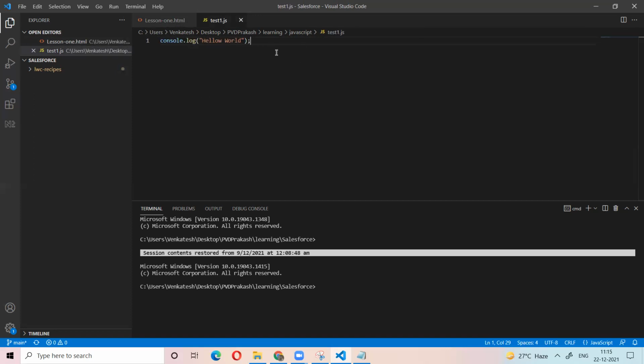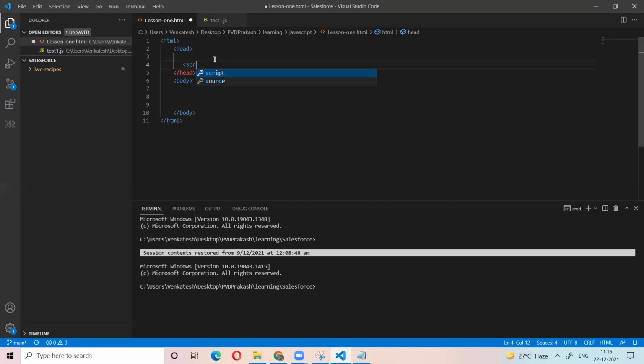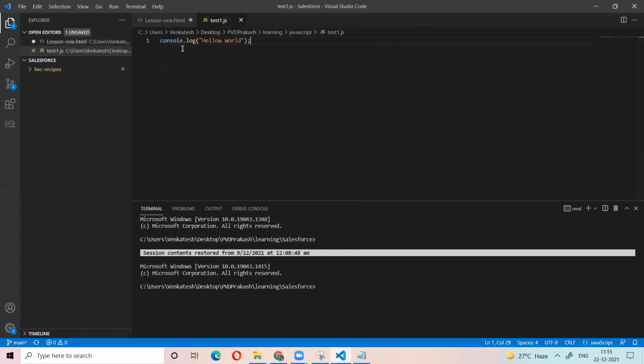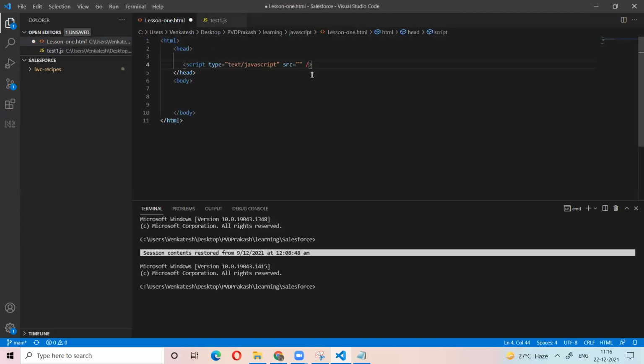Now we need to include this external file in the HTML file. For that, we use the script tag with type and src. Here we need to give the file location. Lesson one and test1 are in the same folder, so we can directly give the JS file name, test1.js.